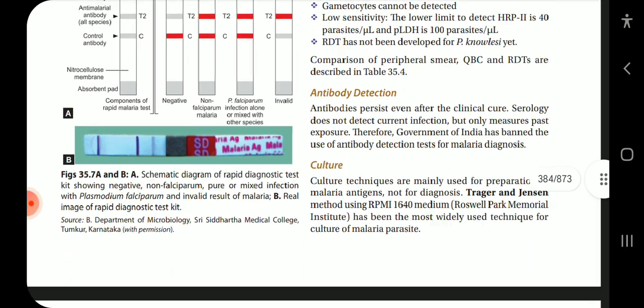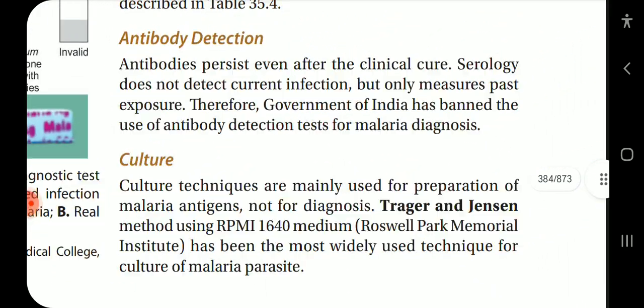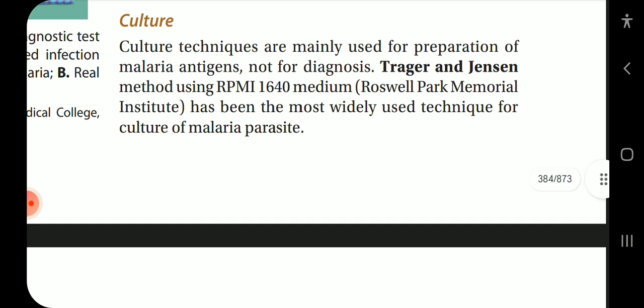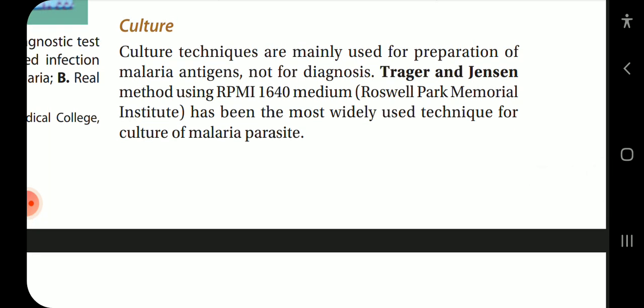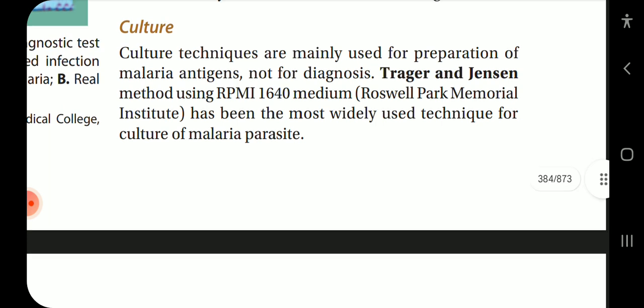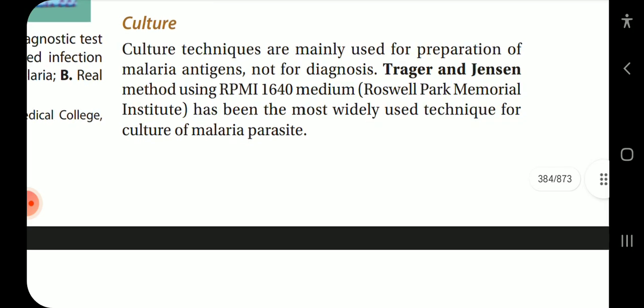Now coming to antibody detection. Antibodies persist even after the clinical cure. Serology does not detect current infection but only measures past exposure. Therefore, the Government of India has banned the use of antibody detection tests for malarial diagnosis. Culture: culture techniques are mainly used for preparation of the malarial antigen, not for diagnosis. The Trager and Jensen method using RPMI 1640 medium (Roswell Park Memorial Institute) has been the most widely used technique for